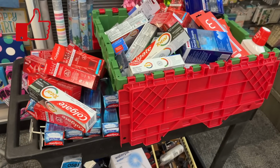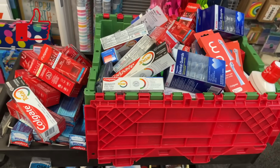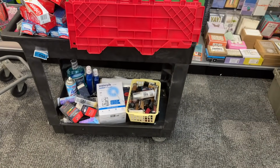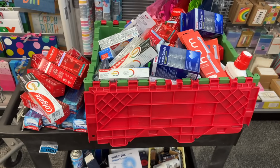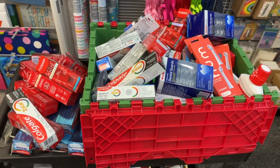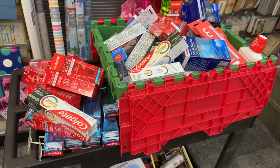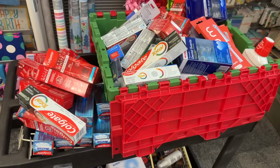So this is the second Sunday of this week's sales ad. We have one more week of this ad, but this week I'm really focused on clearance. My store manager showed me that she had a bunch of different clearance products on this cart in the back. A lot of it is oral care. So I'm going to go through all of this and show you guys what you may be able to find